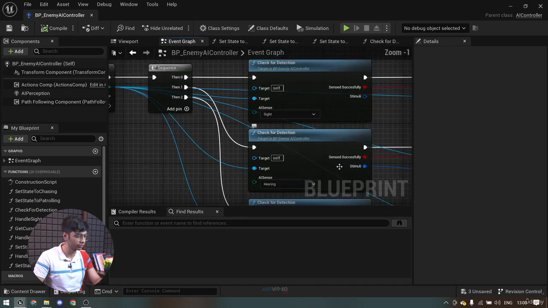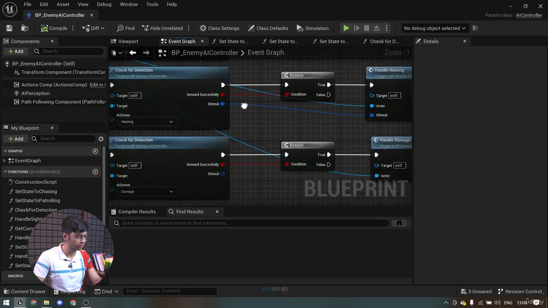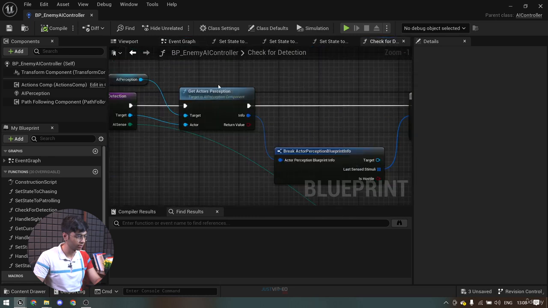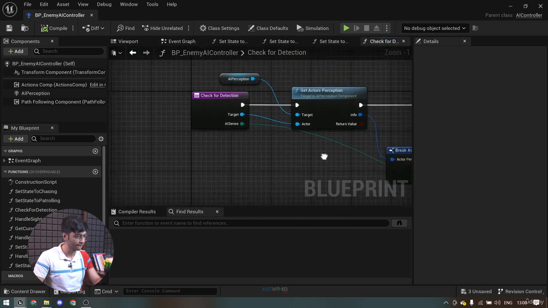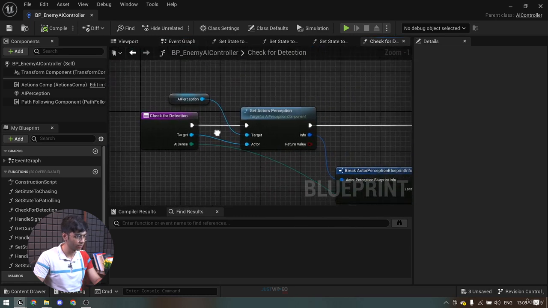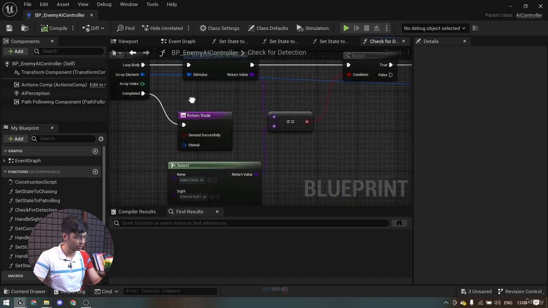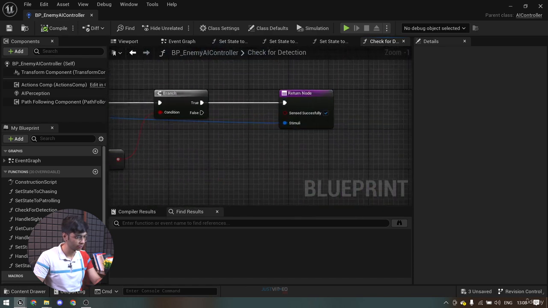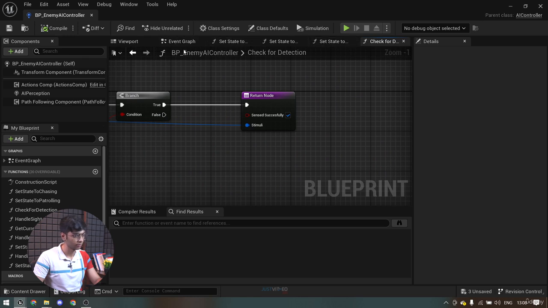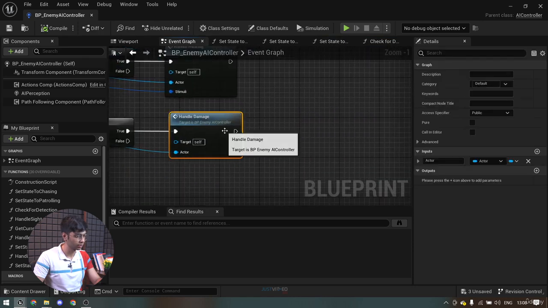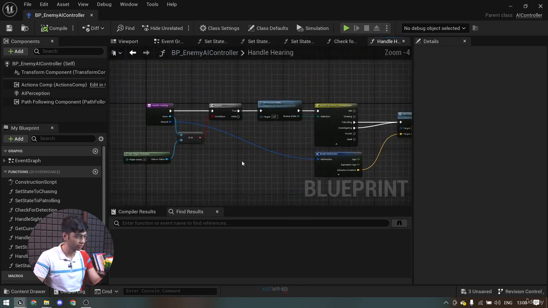Inside event graph, check for detection hearing, yeah, so it checks for hearing, and then inside handle hearing,